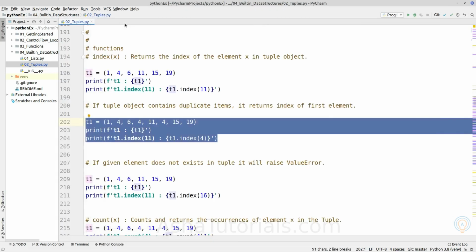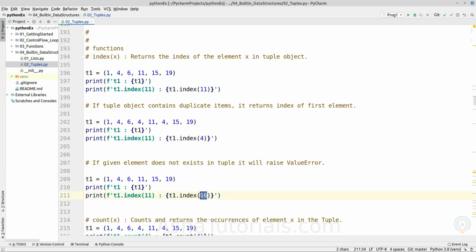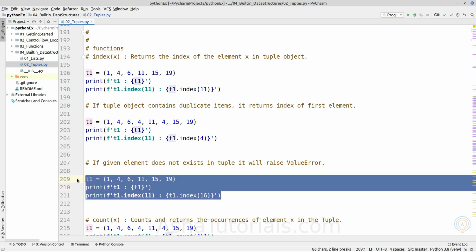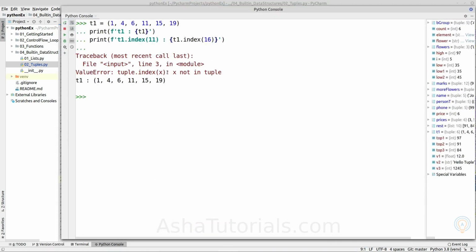And if the given element is not existing in the tuple object, it will raise ValueError. So it will say that given value x is not in the given tuple object.